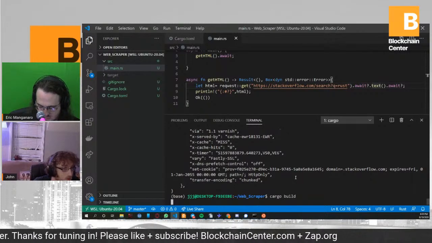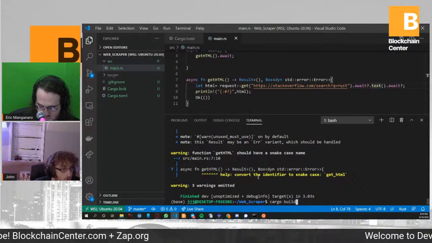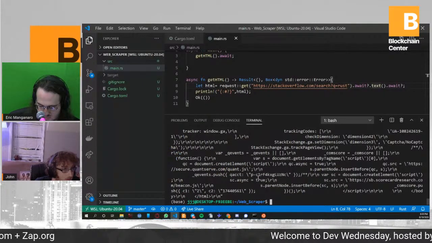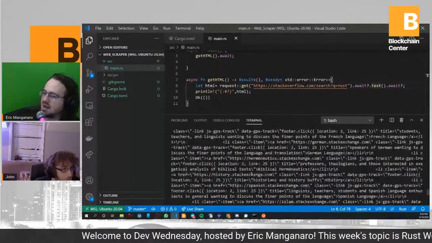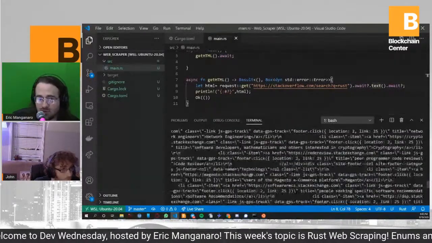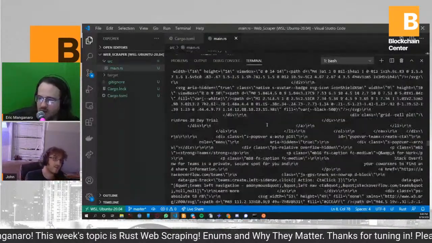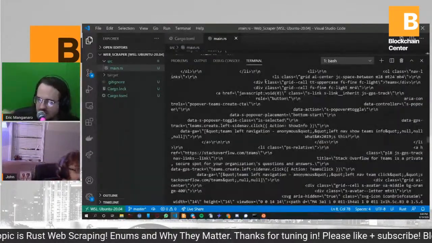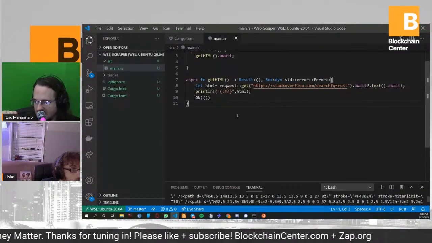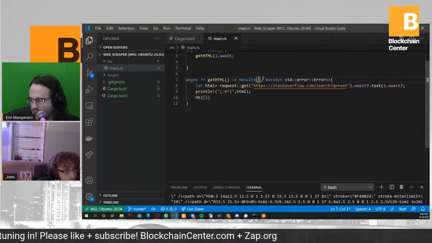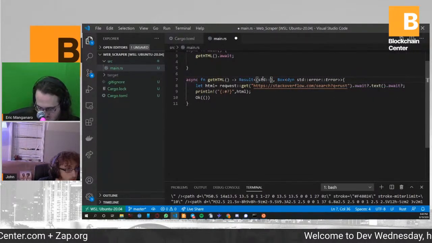Let's see if this will build. Oh, it did. Interesting. There it is. So that's exactly what I was showing before on the other program. We were seeing the raw text data. Now we've actually used request to grab all of that raw data, and now we get to do stuff with it. Okay, so now we're going to actually get it to return from Rust